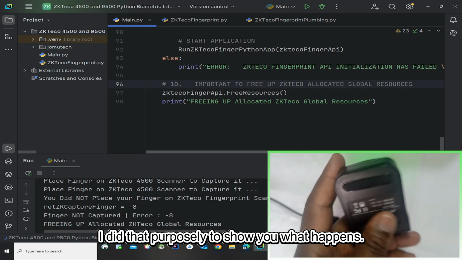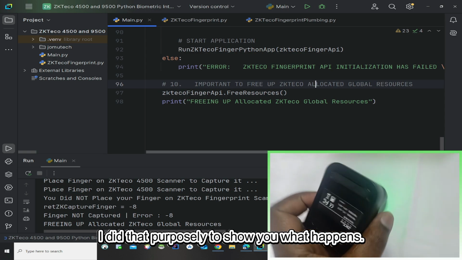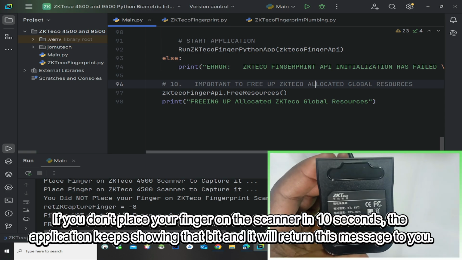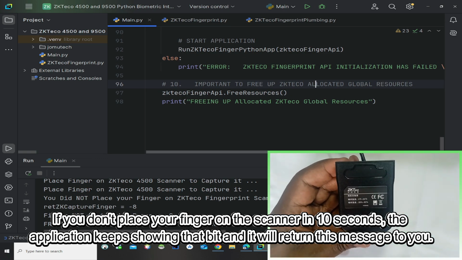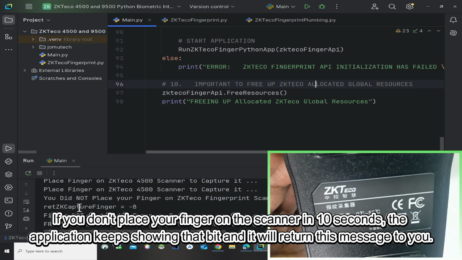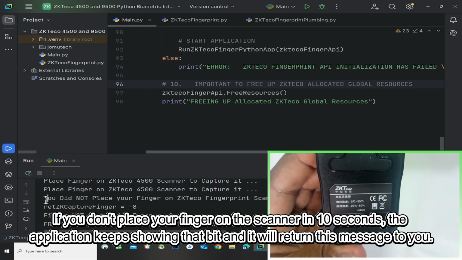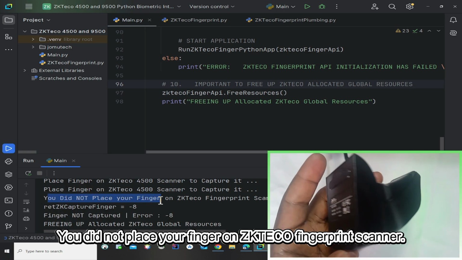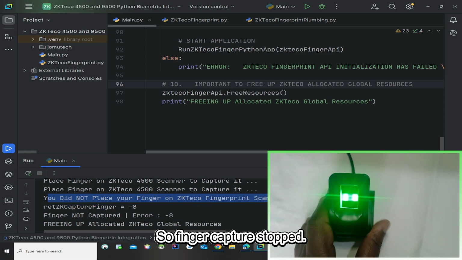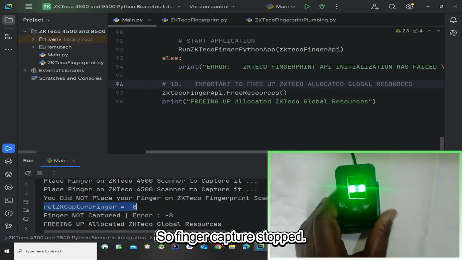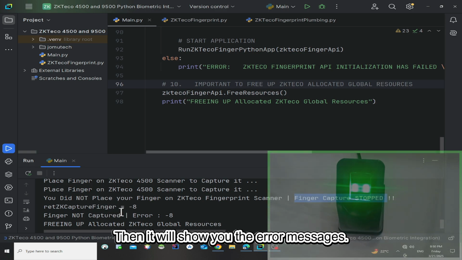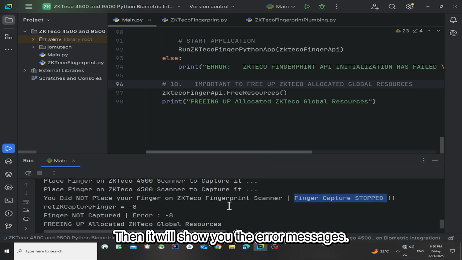I did that purposely to show you what happens if you don't place your finger on the scanner in 10 seconds. The application skips that bit and it will return this message to you: you did not place your finger on ZK-Teco fingerprint scanner. So finger capture stopped, and then it will show you the error messages